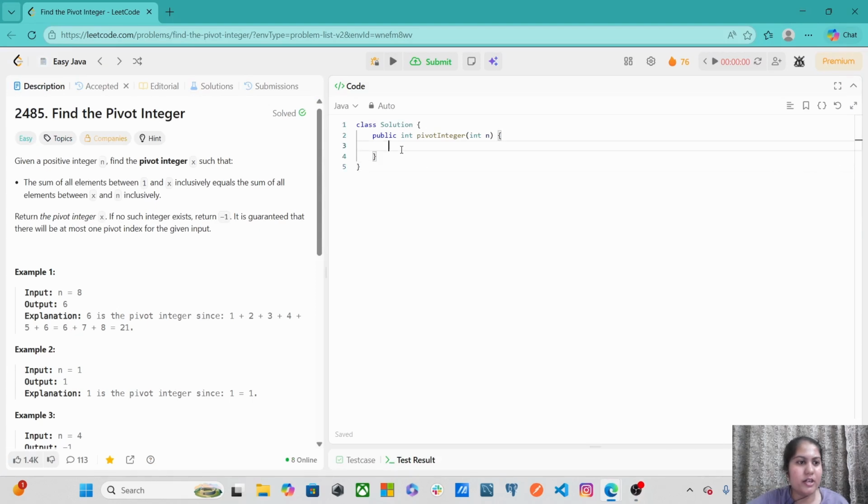Hello guys, let's start with another problem which is known as find the pivot integer. So we have already solved these kinds of problems. What are we given with? We are given with